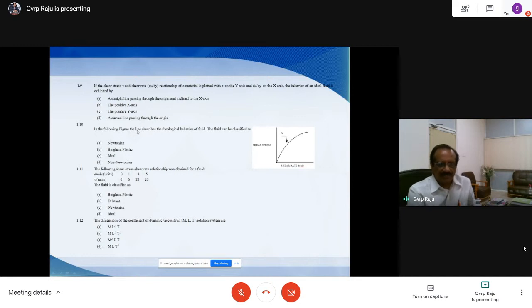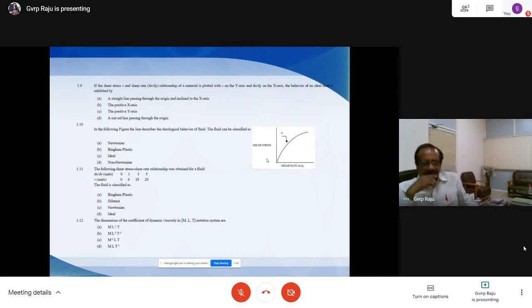So in the following figure, the line describes the rheological behavior of a fluid, and the fluid can be classified as what? No doubt the shear stress is proportional to rate of shear, but it is a non-linear variation. So when the variation is non-linear,